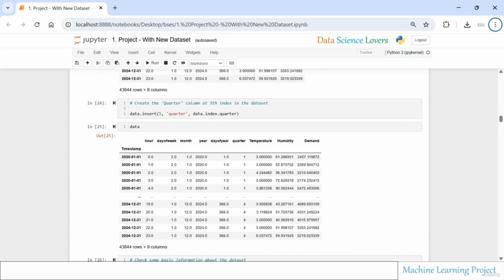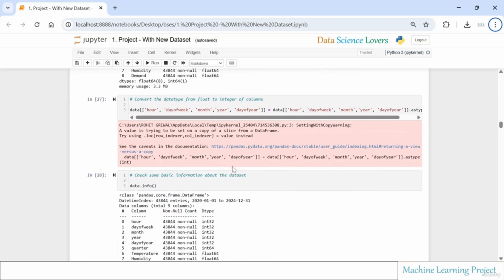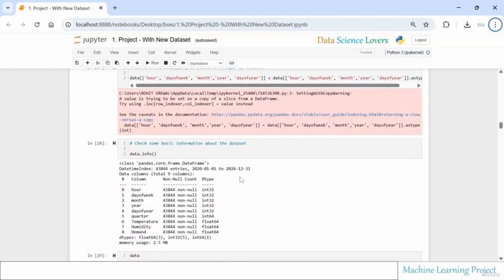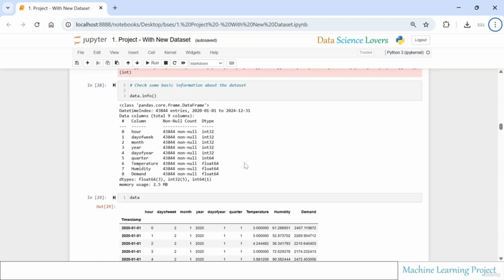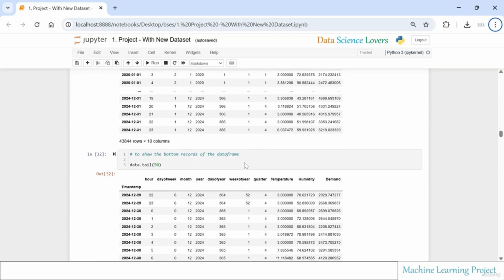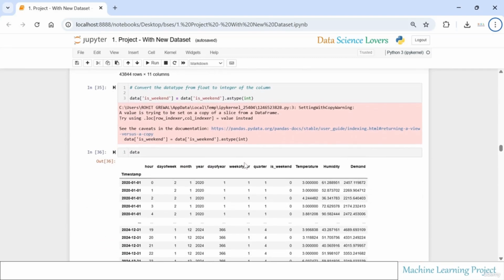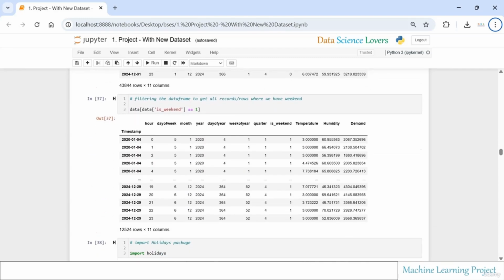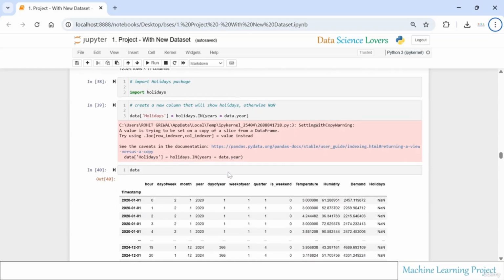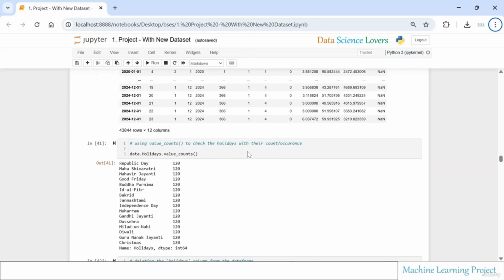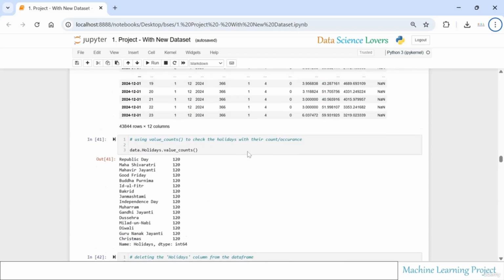Then we will learn how we can create a new column, changing the data type of any column. This is the filtering process. Then we have made use of the holidays module, the value count function,